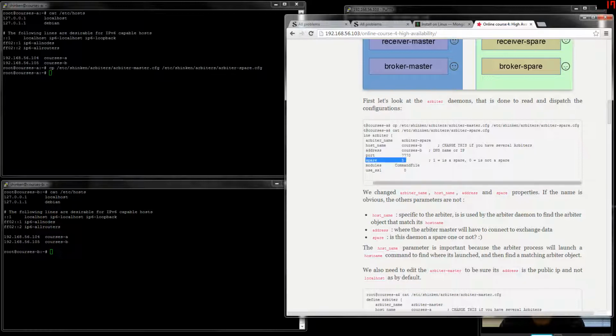For the arbiter node, we have a special parameter, hostname. It is used by the arbiter code to know on which server it is running. It runs on the server B hostname, so it will know that it is the arbiter spare. So it's very important to set the hostname entry to the localhost of this address. It can be the same, not a problem.